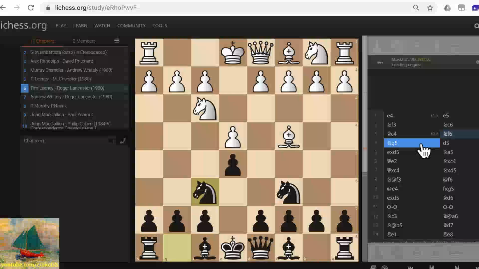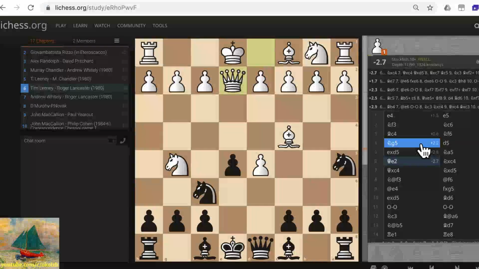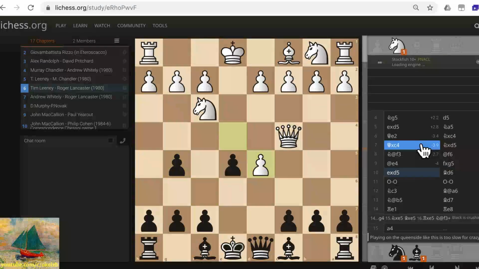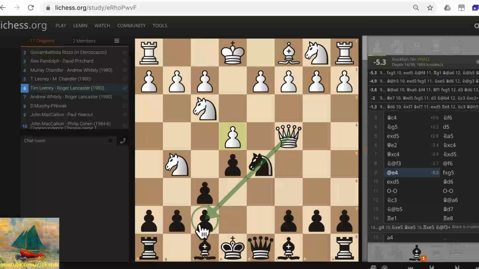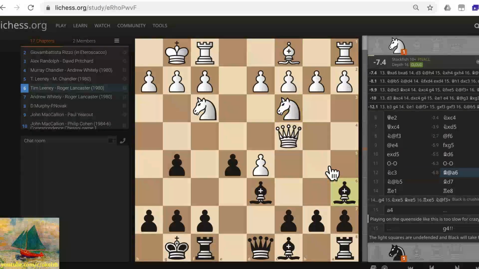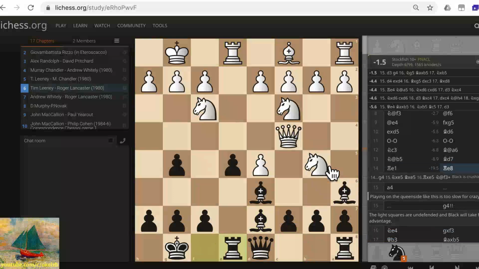So Roger Lancaster is black. D5 to try and defend his f7 square. Takes the bishop, takes the knight. Okay, so he's trying to get the scholar's mate going. Black's not going to fall for that one. So black seems to have actually stabilized his position quite nicely. So white, after white's initial attacks,